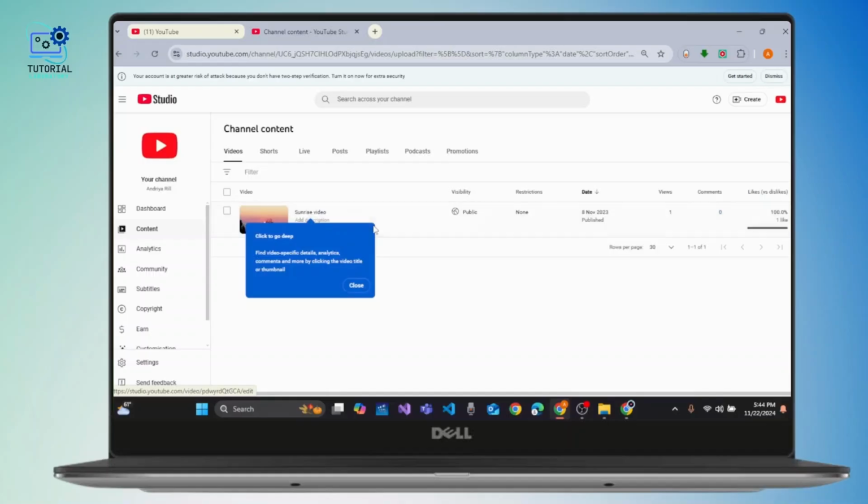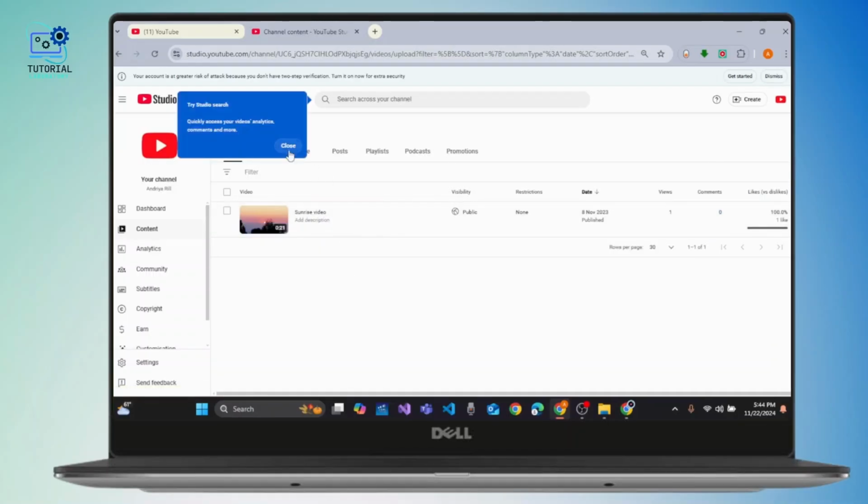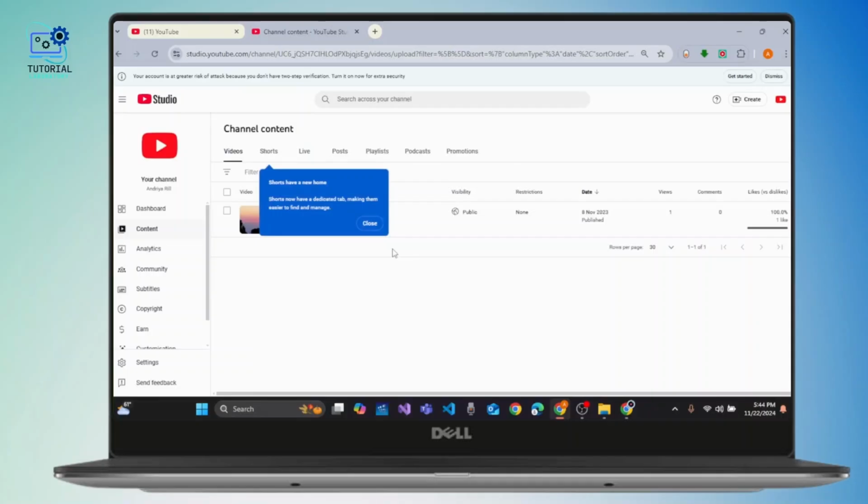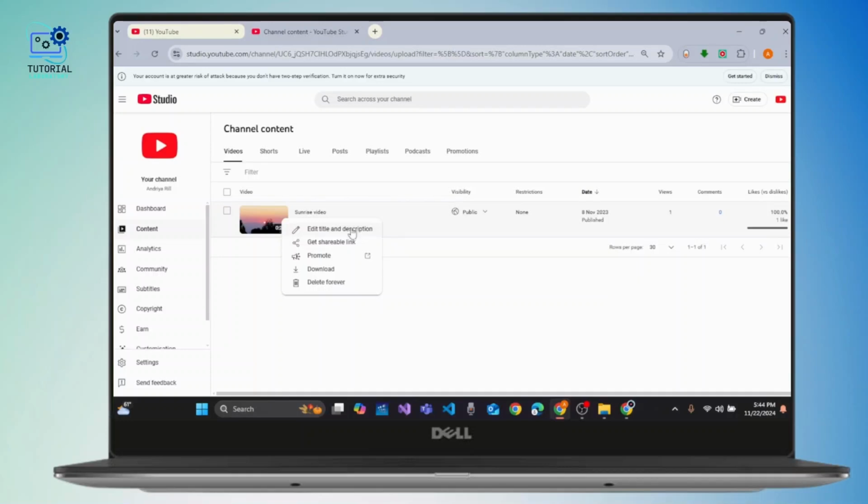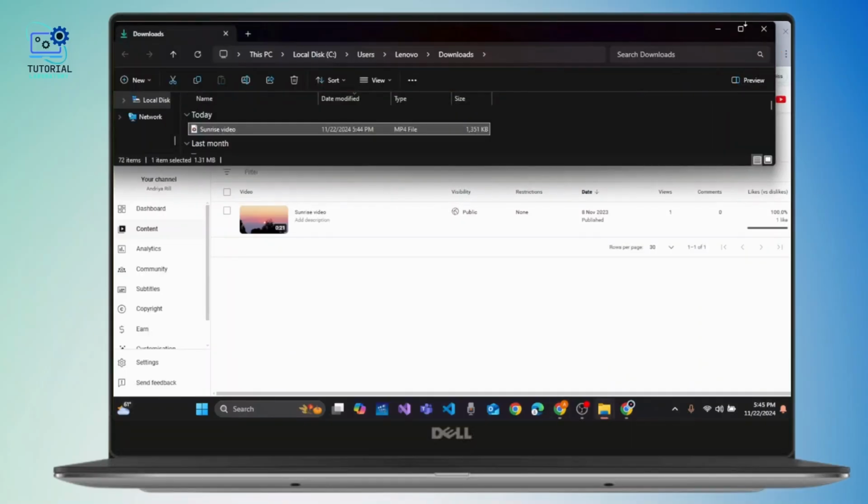Now you need to simply select any video that you want to download. For example, if this is the video, then you simply need to select the three dots, and there you will get the option to download. Click download and the video will start to download. Simply, you need to locate the folder or file and then you need to